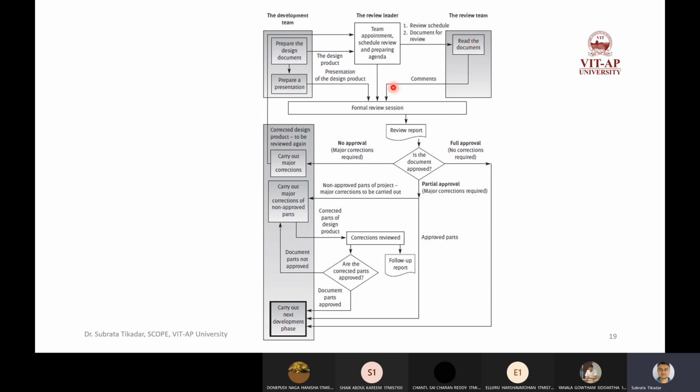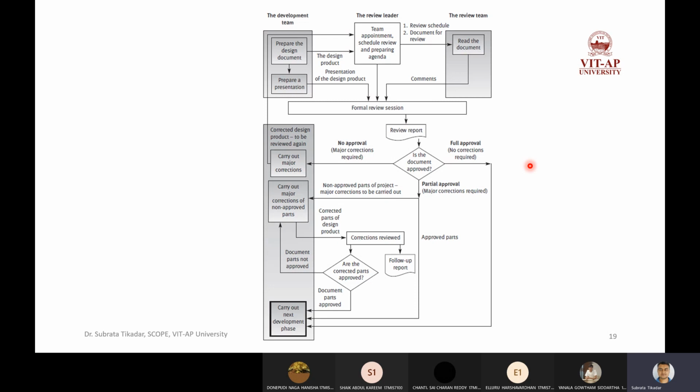They make a list of their comments, and the development team prepares a presentation, and in this formal review session all these are examined in detail. As we have seen, this document or this report may either be fully approved or partially approved or denied,